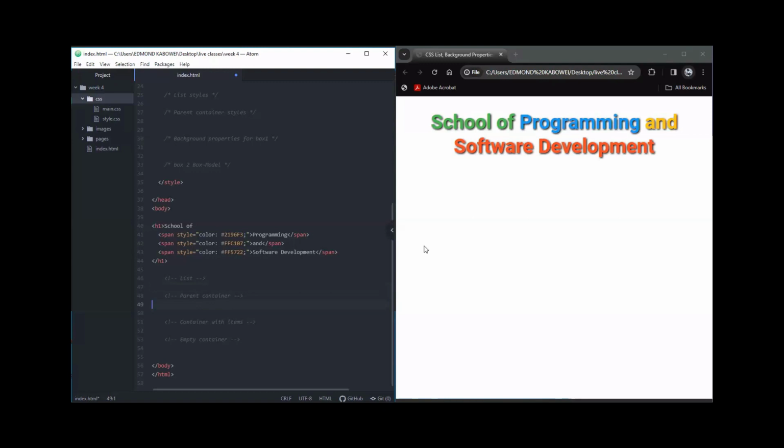I want to have two containers, but first, for me to be able to style those containers, to position these two containers that I want to have, I have to create a parent container that is going to hold the two containers. Even if I want to have more than two containers, let's say three, I need to make sure that these containers are in one parent container that I can use to apply styles that will position